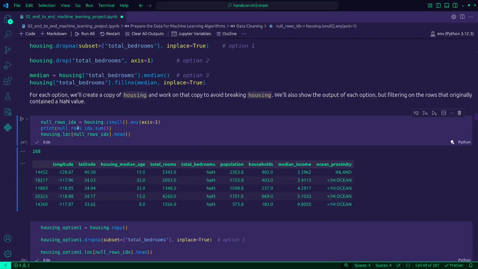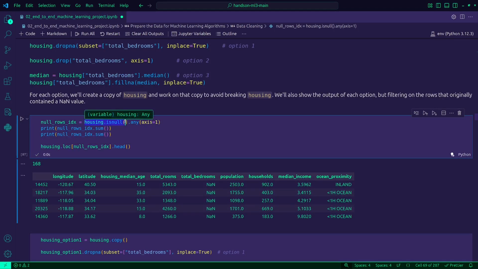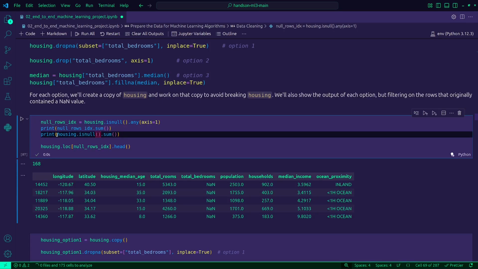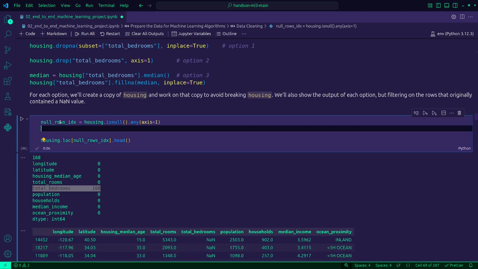This is going to print how many rows have missing values. And now this sum command will help us see how many missing values are found in each column. So we have 168, and 168, all of them are bedroom related.